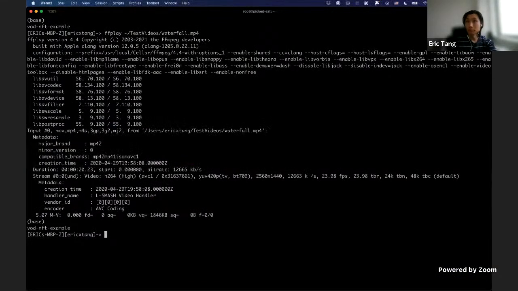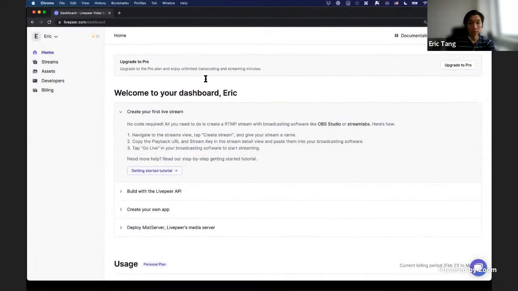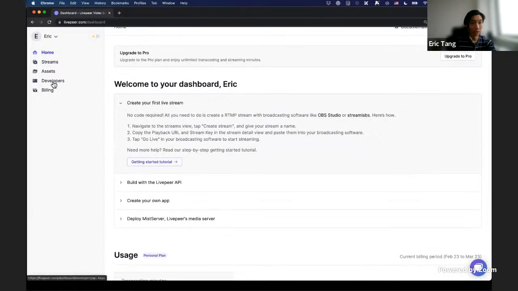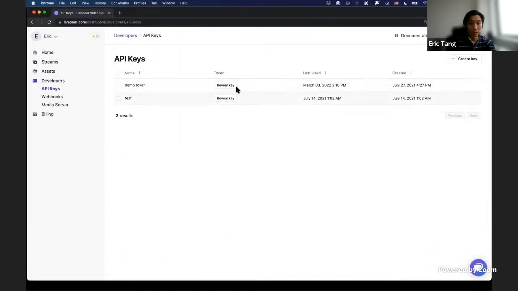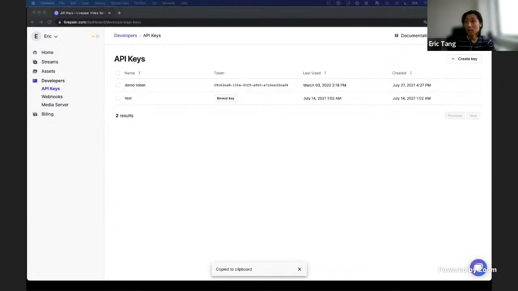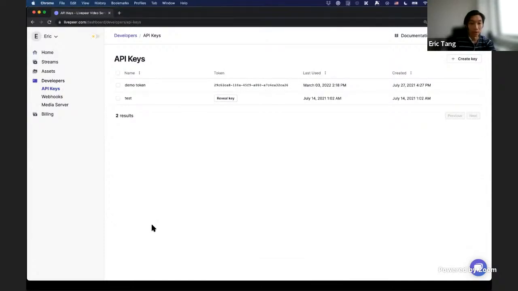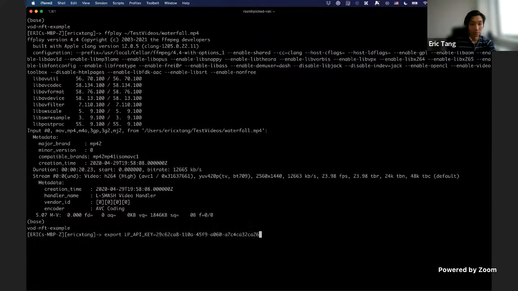go to livepeer.com, which is a gateway service for the Livepeer network. This is what it looks like when you log in. You can go to players, you can go to API key, and you can create an API key. So I'm going to copy this API key, and I'm going to set this API key in my local environment.